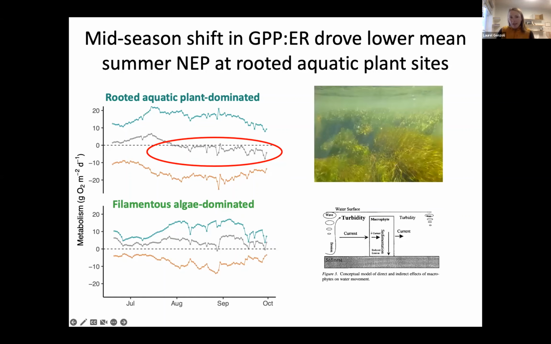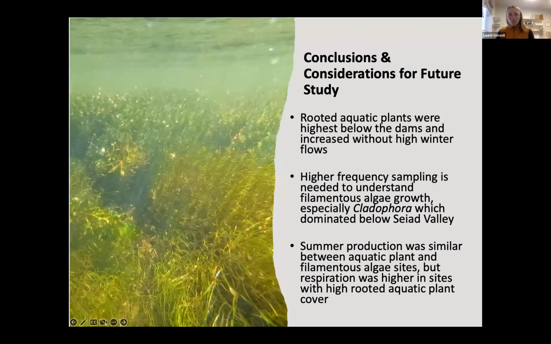One idea behind this is that it might not actually be the algae or macrophytes that are really driving this change, but the macrophytes might actually be grabbing sediments, these carbon-rich, easily respired sediments out of the water column and maybe causing those to be respired within the reach. And this is an idea, just a little diagram showing how macrophytes can trap sediments, and then once they're trapped, could potentially be respiring those.